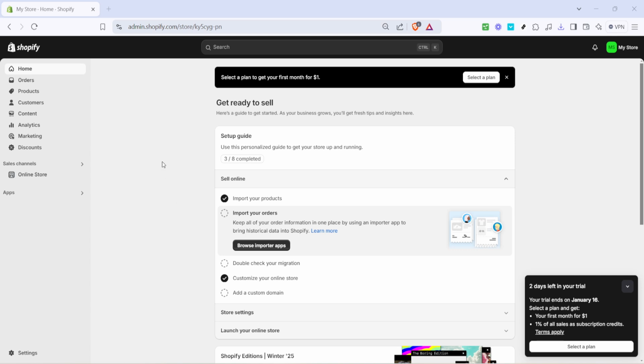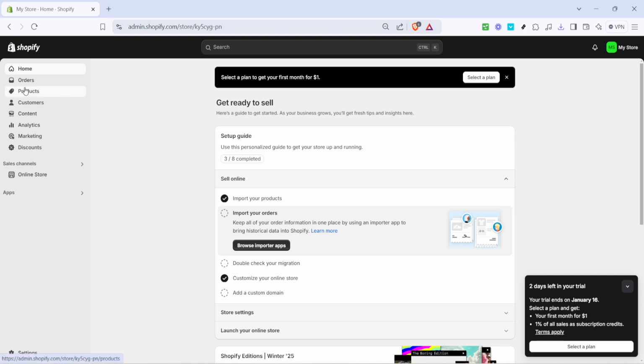First, you'll want to start on your Shopify dashboard. Log into your account and navigate to My Store, which serves as the home page. Here resides the control center for all your store's operations, from inventory to sales stats and everything in between. Familiarize yourself with this space if you haven't already, as it's where you'll often begin your store management tasks.